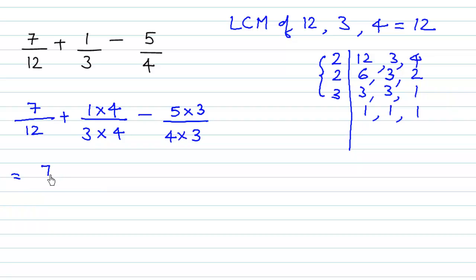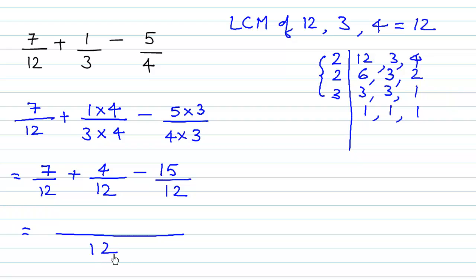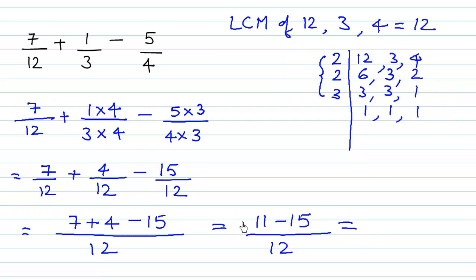So we can rewrite this as 7 upon 12 plus 1 4 is 4, 3 4 is 12 minus 5 3 is 15 and 4 3 is 12, and then we can take 12 as the common denominator and we can write 7 plus 4 minus 15, and then using BEDMAS, first we shall add 7 and 4. So 7 plus 4 is 11, 11 minus 15, and we know plus and minus is minus, 15 minus 11